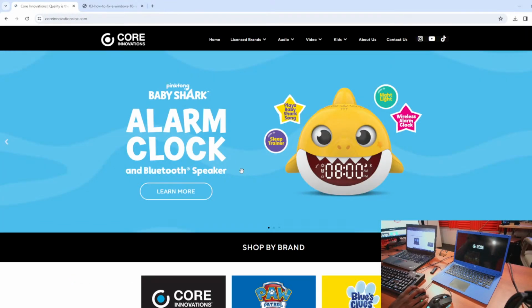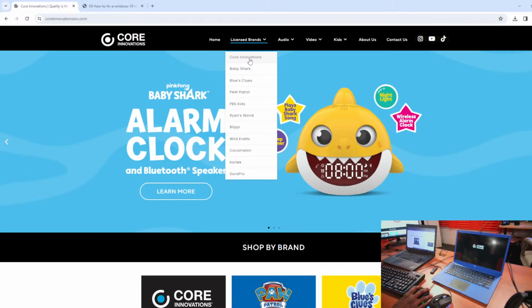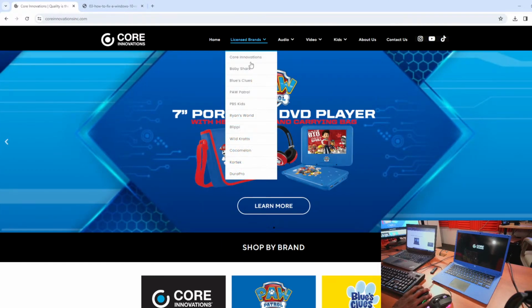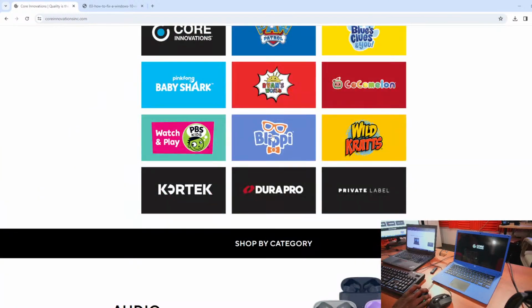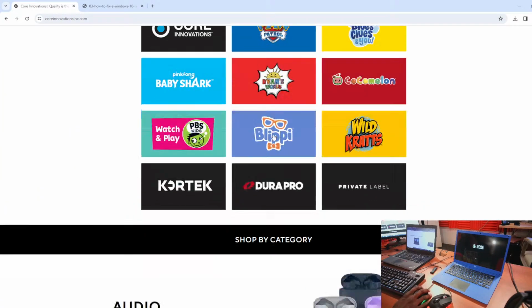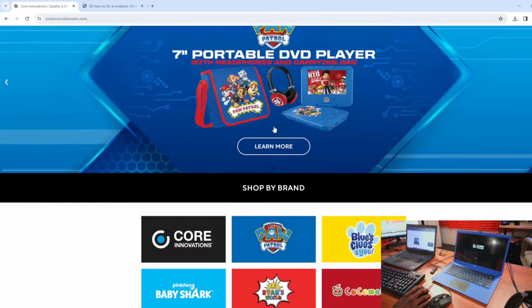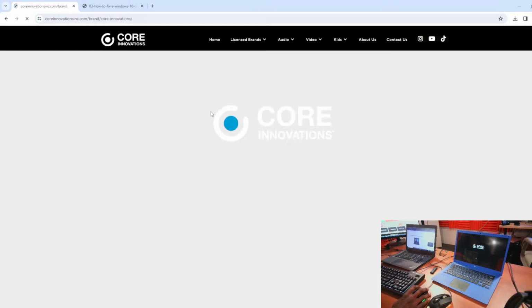I know they make a lot of electronics. So, Baby Shark alarm clock. So they do brand licensing. All right. So they take brand licenses and make things for them. So we got Core Innovation. So they have their own